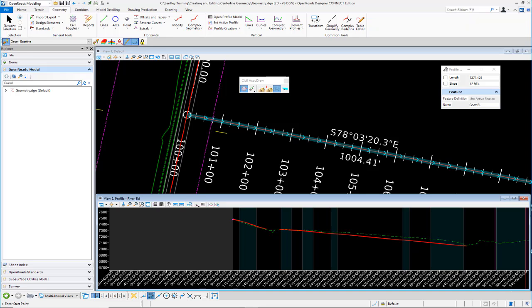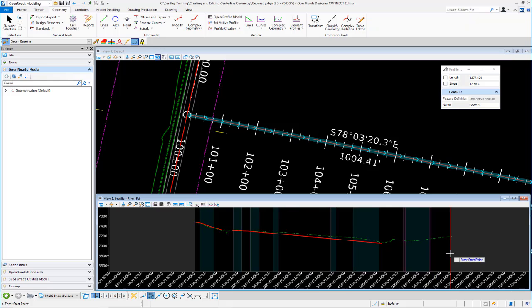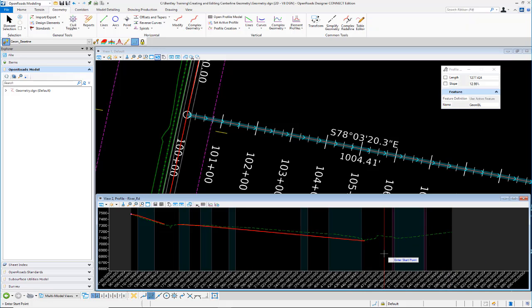Now we have all our tangent lines created. Let's go and talk about creating some vertical curves. So before I do that, I want to toggle off Civil AccuDraw here, close that, toggle off my chain commands here, and we're going to focus on creating a vertical curve here at the end of the alignment or the